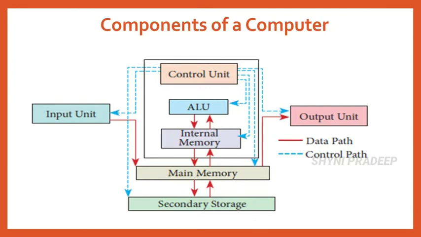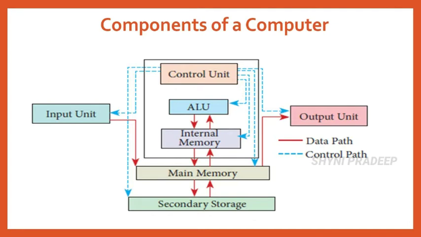What do you mean by hardware? Hardware is the physical component of your computer like motherboard, memory devices, monitor, keyboard, etc. Okay. But what is software? Software is the set of programs or instructions. Okay. This is the diagram of components of your computer.